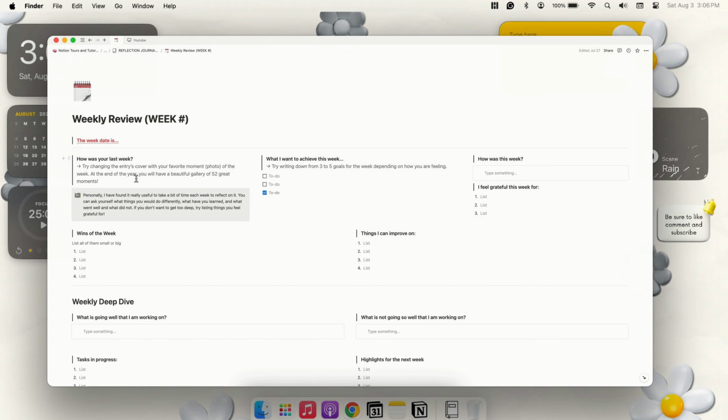So you will put right here, how was your last week? Next, you have what you want to achieve this week. You can write down 3 to 5 goals for the week depending on how you're feeling. How was this week, and things you're grateful for this week. So just overall, maybe you've switched jobs this week. Maybe you were able to get up early 6 days out of the week. Anything like that. You have your wins of the week, and then also going back to your daily pages, you